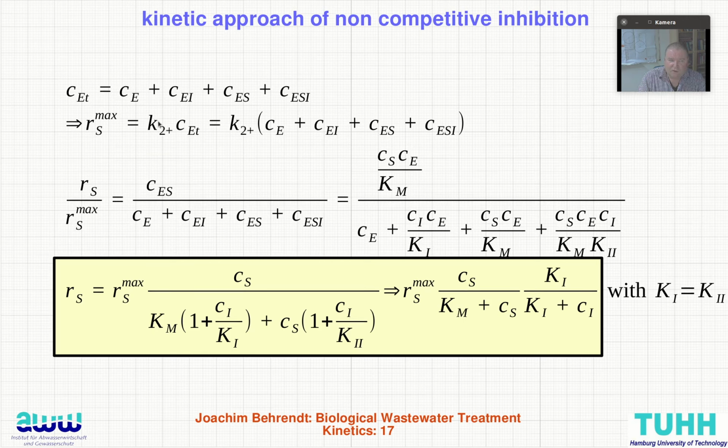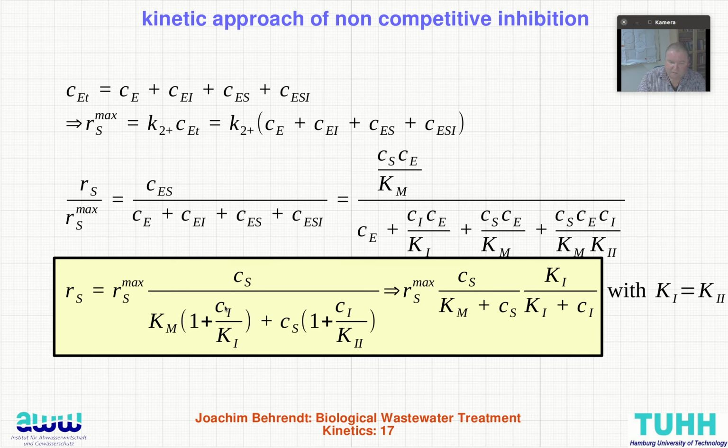And of course the maximum uptake rate depends on these 4 species of enzyme, and we are formulating this equation in the same way and replacing every term with the facts that we can get out from the Bodenstein quasi-stationary conditions. And this leads to this expression, and we see we can eliminate the free enzyme concentration, and if we are multiplying everything with Km, this leads to this expression,